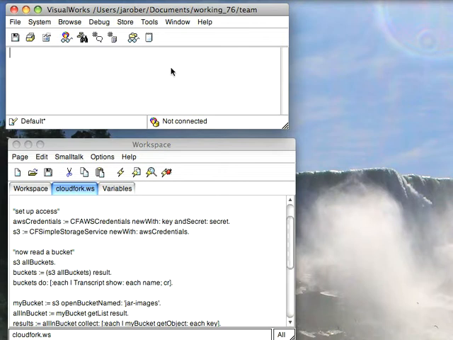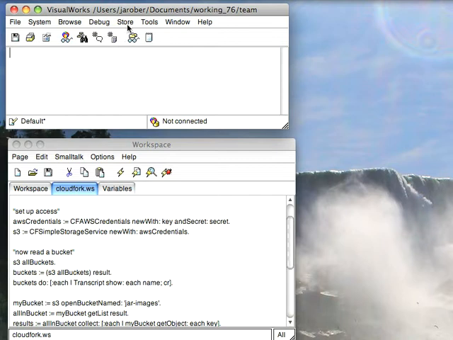This morning I thought I'd go through a project that's of interest to me and probably a lot of other people in the Smalltalk community, and that's Cloudfork, an interface to the Amazon Web Services stuff: S3, EC2, SQS, SimpleDB, a lot of interesting stuff. This morning I'd just like to go through how to start working with it in terms of loading it into VisualWorks and then just connecting to an S3 bucket, because I happen to have something sitting in an S3 bucket